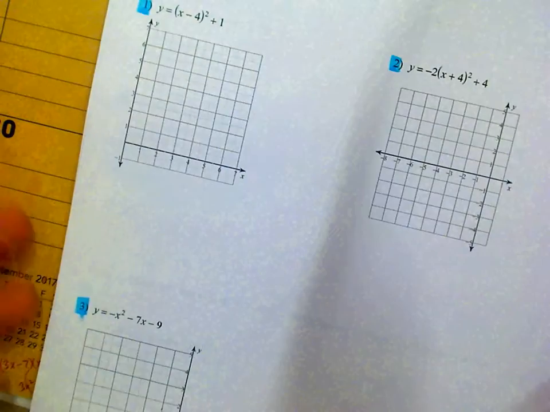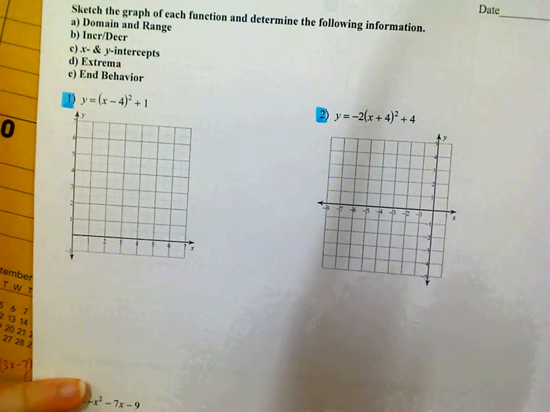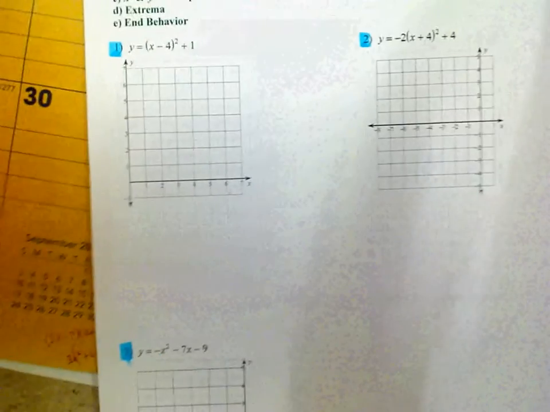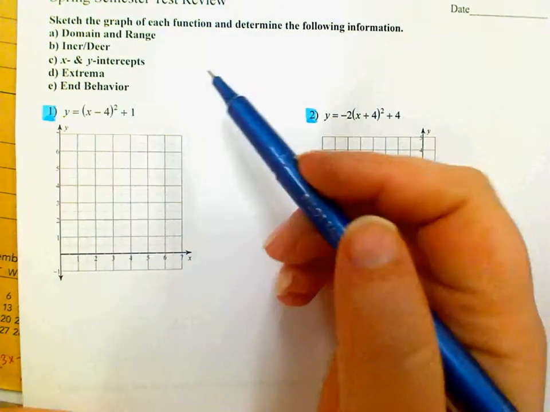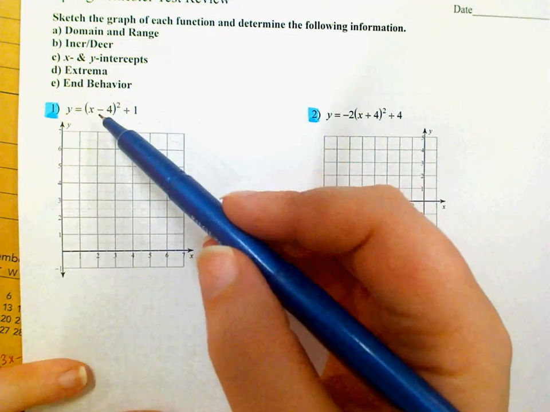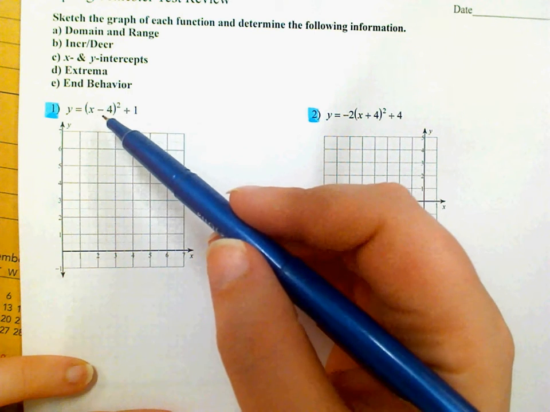Alright, so this first video is going to be 1 through 7, and the first part of it is just graphing these quadratics and analyzing them for behavior. So the first thing I want to do is sketch the graph. Now, what I remember is that from vertex form, the vertex is at the horizontal shift and